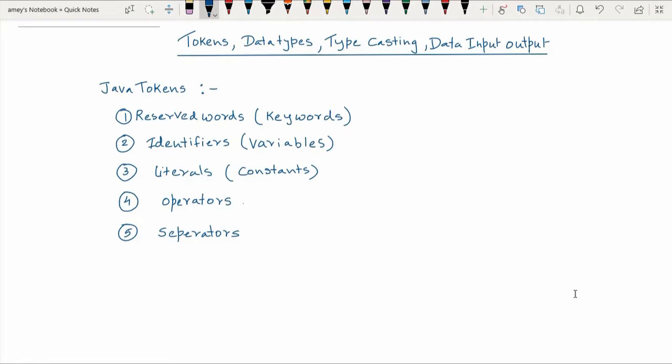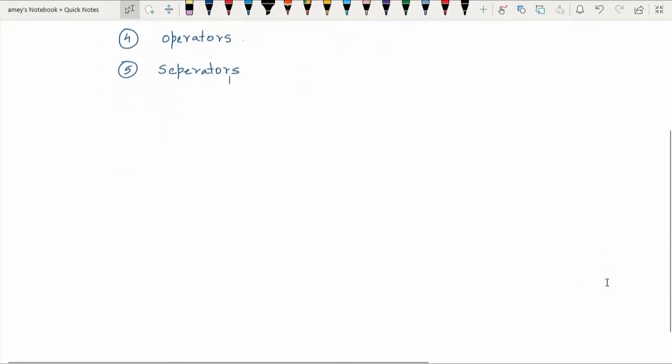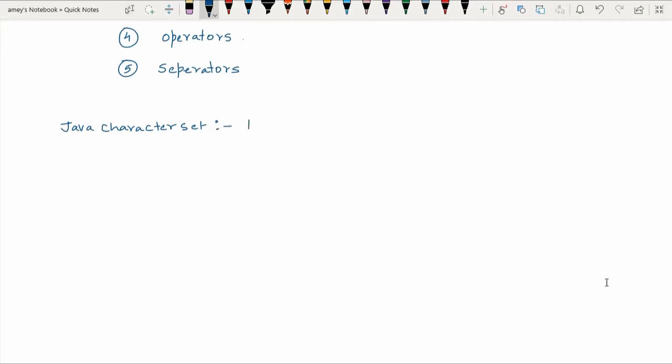So before beginning with our discussion of Java tokens, let us see what is the Java character set. Please note that in Java we use a 16-bit character coding system, and that character coding system is called Unicode.